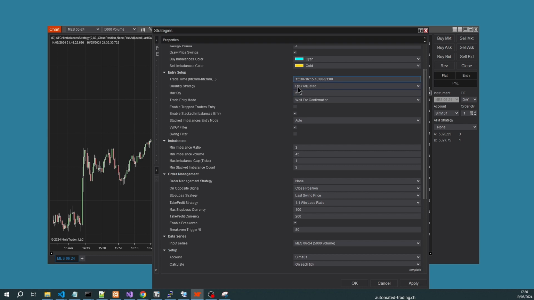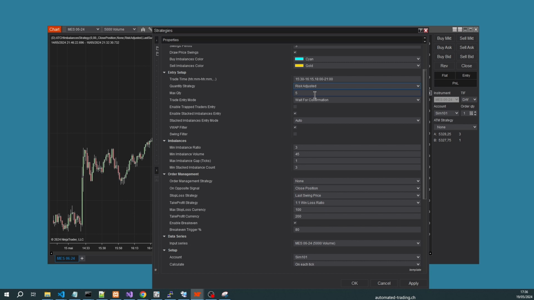Quantity strategy. You have 2 options. Either you have fixed quantity and you set the quantity here. If you set this to fixed quantity, you should choose your quantity that will be used for all positions, regardless of the stop loss or any other factors. But if you want to have your quantity dynamic,